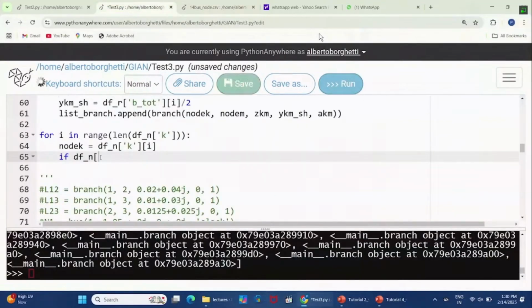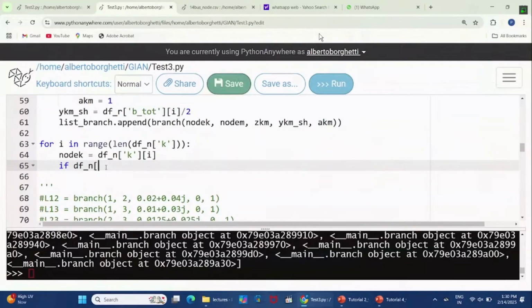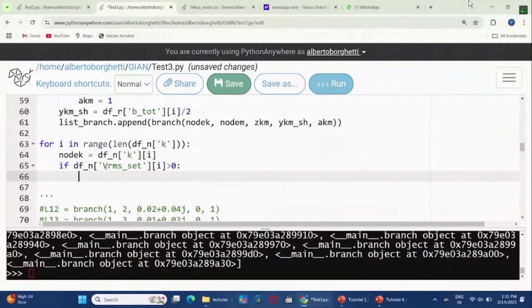So we need to say that if this value VRM set is different from 0, so we close the bracket for row I, it is greater than 0, then we take this Vk